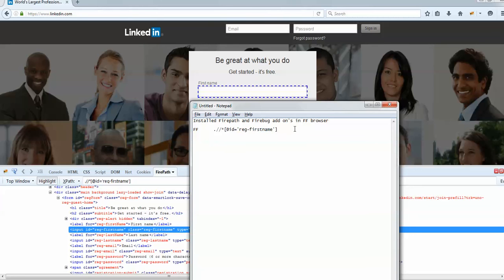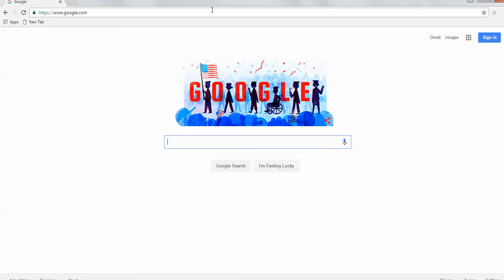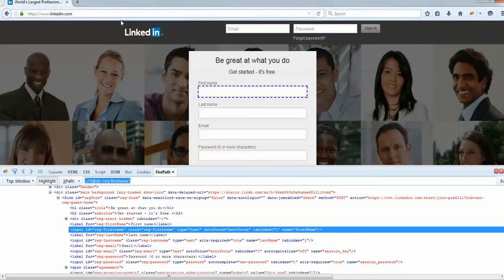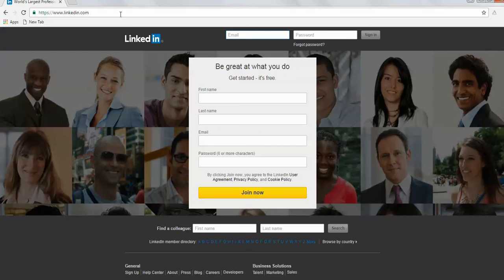Now coming to the Chrome browser, the Firebug and FirePath add-ons are only on the Firefox browser. But what about Chrome? Not all companies will allow us to use Firefox. In my previous companies there were restrictions where we were not supposed to use Firefox. Our default browser was always Chrome and IE. So in that case, you need to customize your own XPaths. You need to write your XPaths and see how they work.